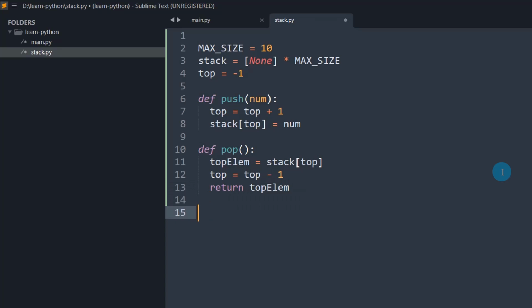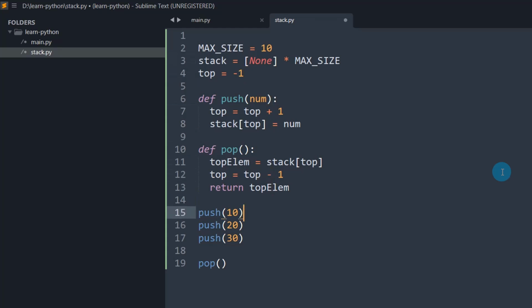Okay, so let's call the push and pop functions from our code. Let me push 10, push 20, push 30, then I'm calling pop. First, calling push with element 10, that means number 10, so the number 10 will be pushed onto the 0th index of the array stack.